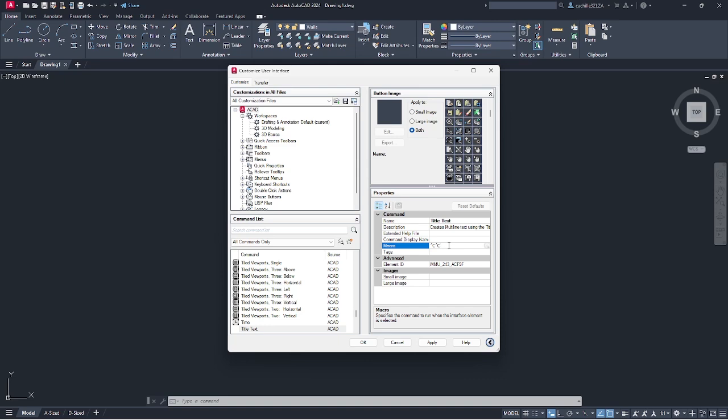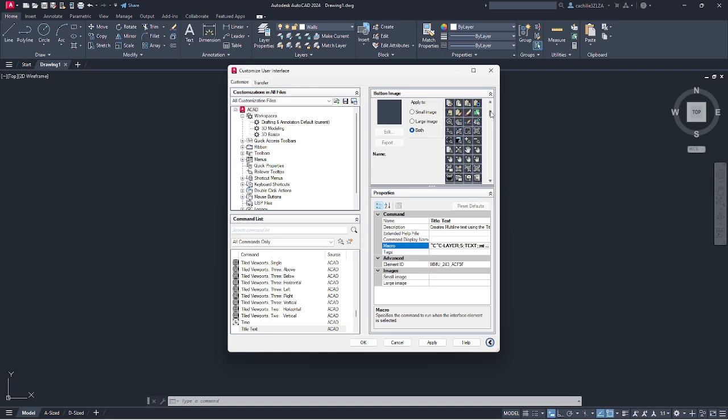Macro: C-layer;S;text;;mtext;\S;title;J;MC;H;0.25;